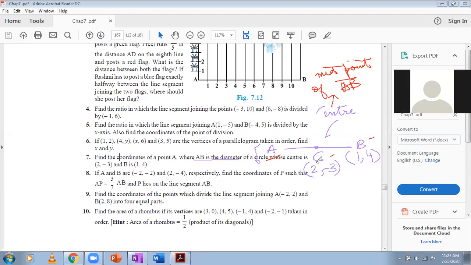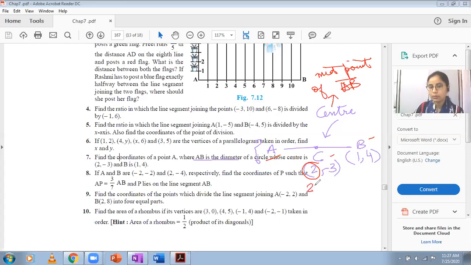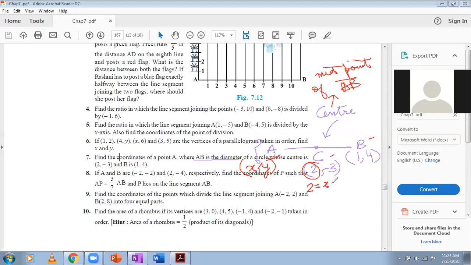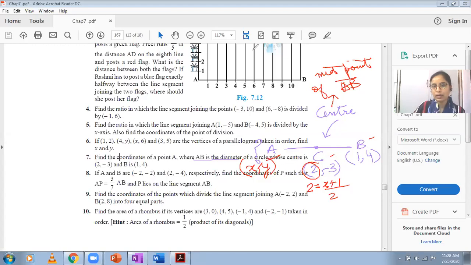So abscissa of C will be equal to, let's take the coordinates of A as (x, y). So the coordinates of C can be obtained by using coordinates of A and B. Just remember, use the relation correctly. We have to obtain C. So 2 equals (x plus 1) by 2, and if we had to write down the ordinate, this will be -3 equals (y plus 4) over 2. This is what we'll have. From here you will get x, and from the second equation you will get y.